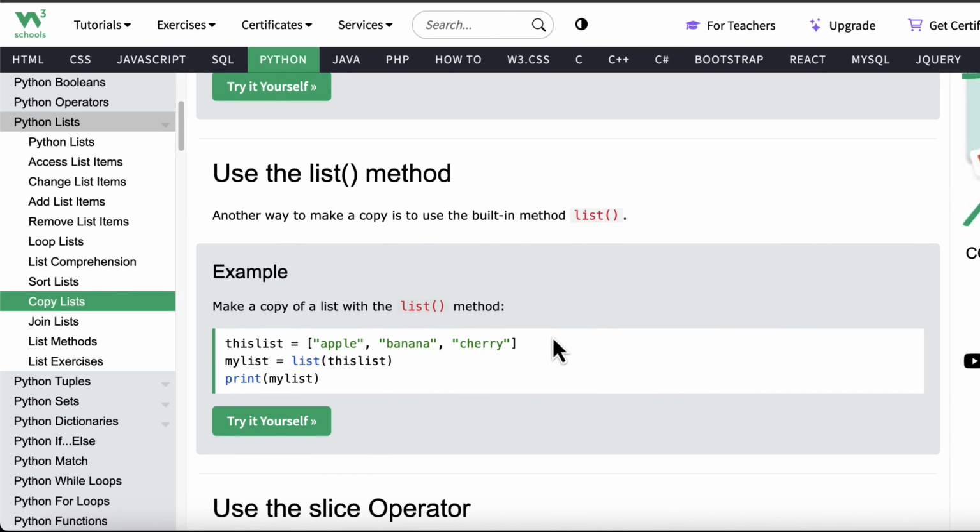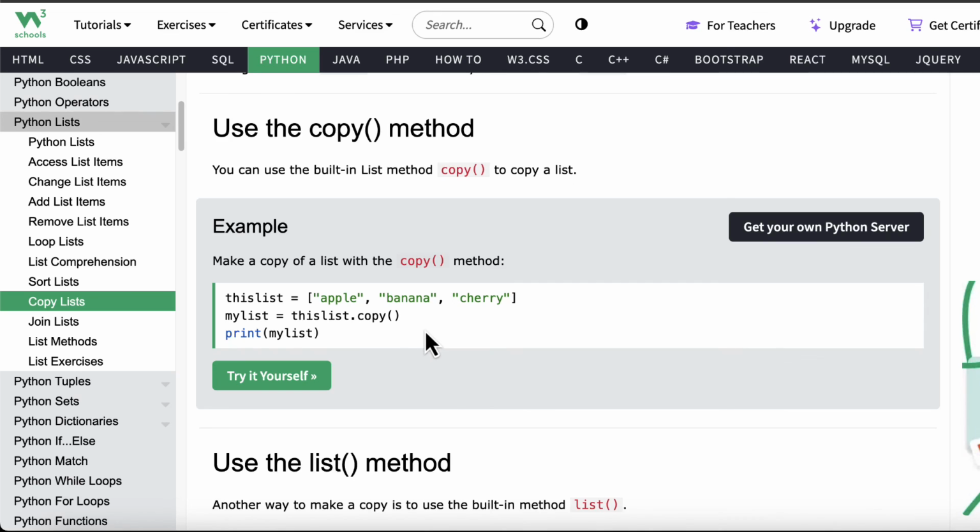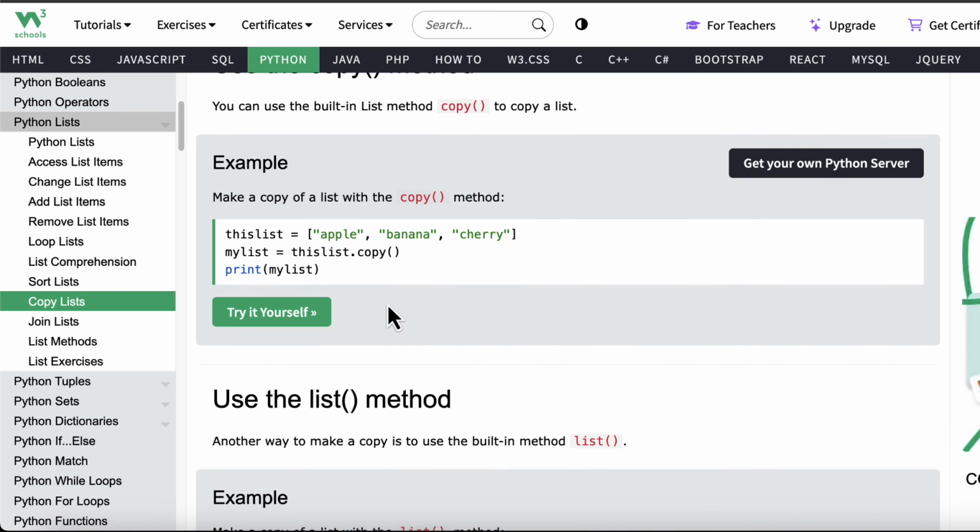Another built-in method that is available, again, many people don't know it, is the list method. It also does the same thing. The list method will copy the original list, create an independent copy and assign it to the new list variable. You can use this list method as well to do the same duplicate function instead of using the copy method. So the built-in list method and the copy method are the two best things that you can do to copy a list. Well, and there you have it, a complete walkthrough of Python list tutorials on W3Schools, revealing all common